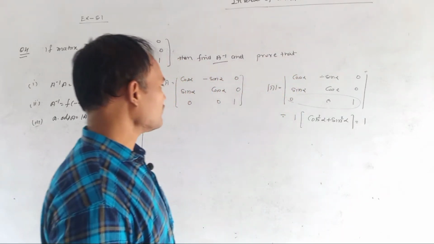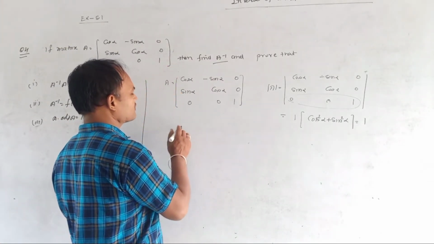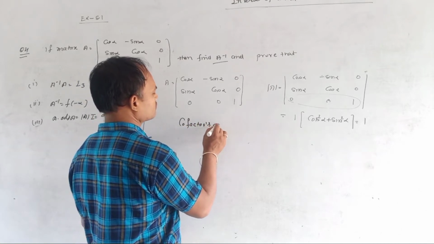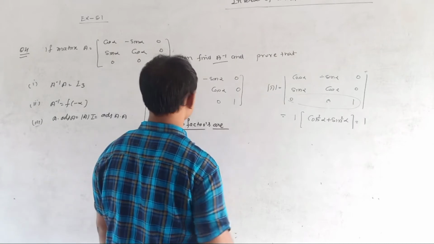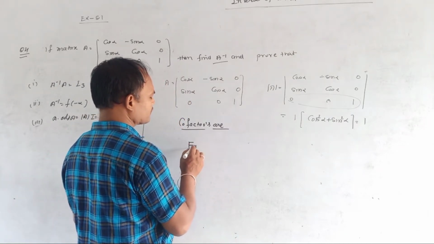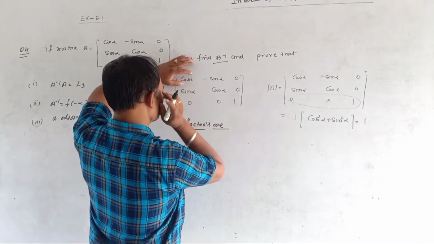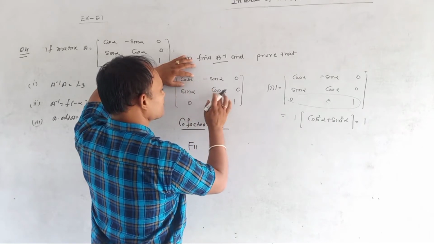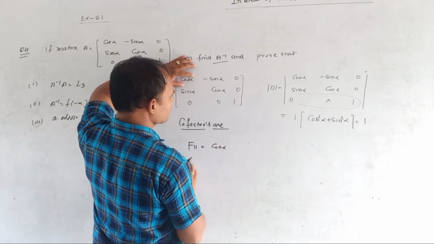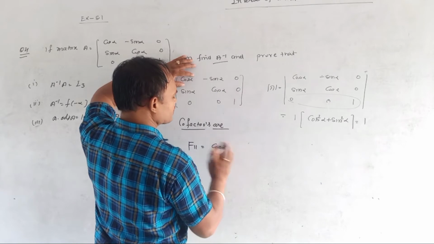Okay. Now we are going to find the cofactors of this. So what are the cofactors? We have to find all the entries, meaning we have to find f11. f11 means cos alpha; we have to find it with respect to this cos alpha. Okay students, we remove this row and this column, so it is cos alpha minus 0, so it is cos alpha.